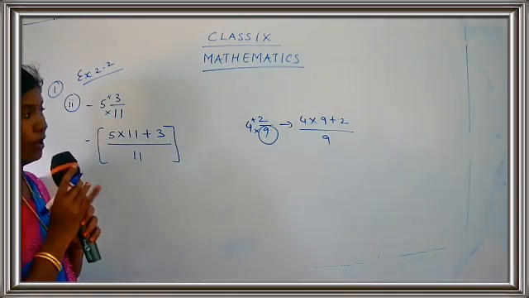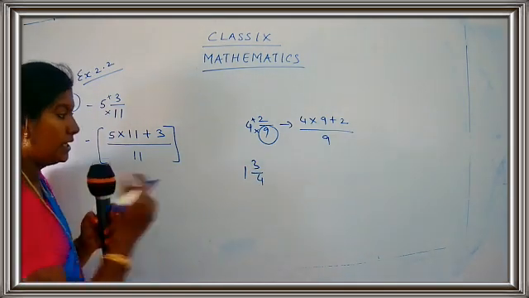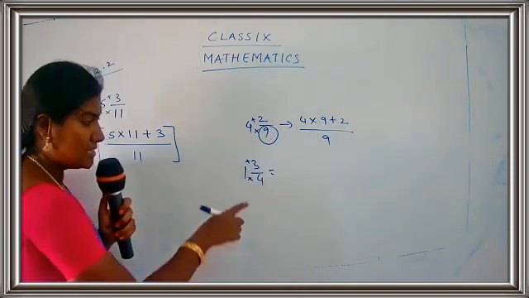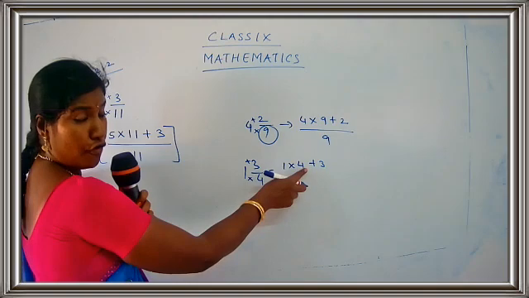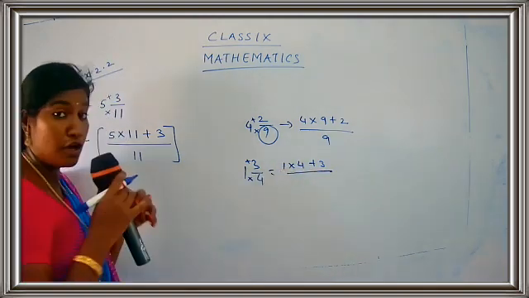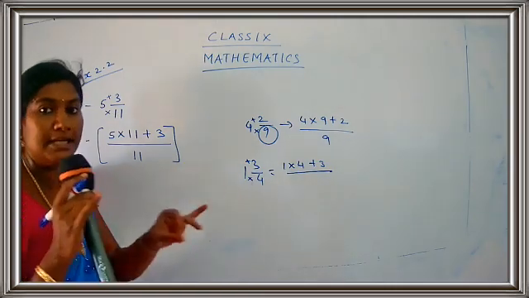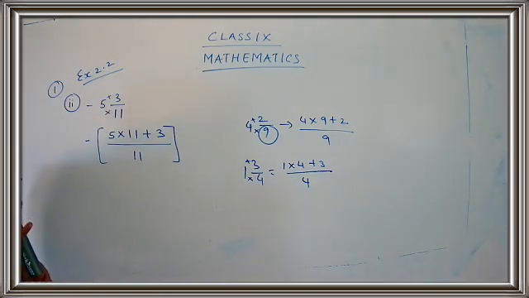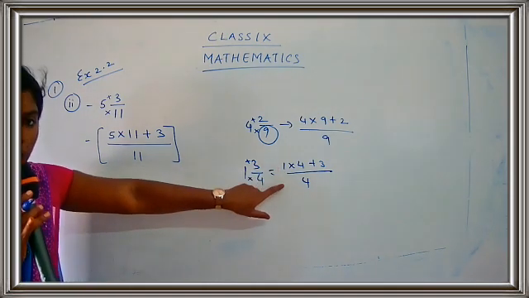Getting the point children? Okay, just go for one more sum. If you have 1, 3 upon 4. How to go for the conversion? Put a sign here. This is into, this is plus. So how to write down the numerator part? It will be 1 into 4 plus 3. 1 into 4 plus 3 upon. What is the denominator here? The denominator is 4. So you have to write the number 4 in the denominator part as it is. Getting the point children? So 1 into 4 plus 3 upon 4 and then we have to go for the calculation part. Is the way of writing the numerator and denominator clear to you?